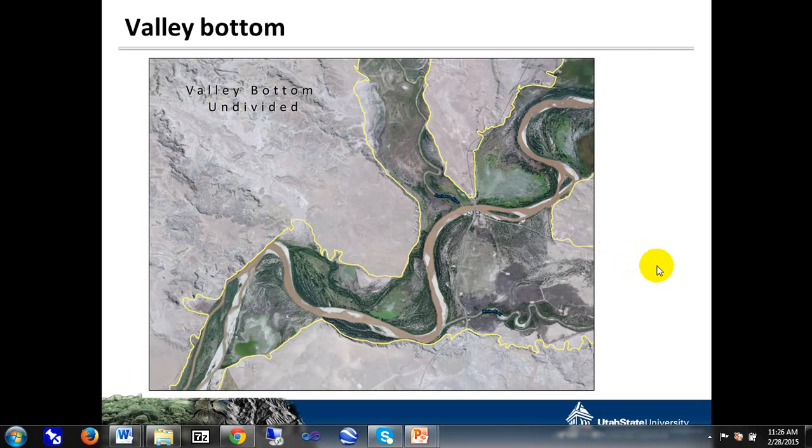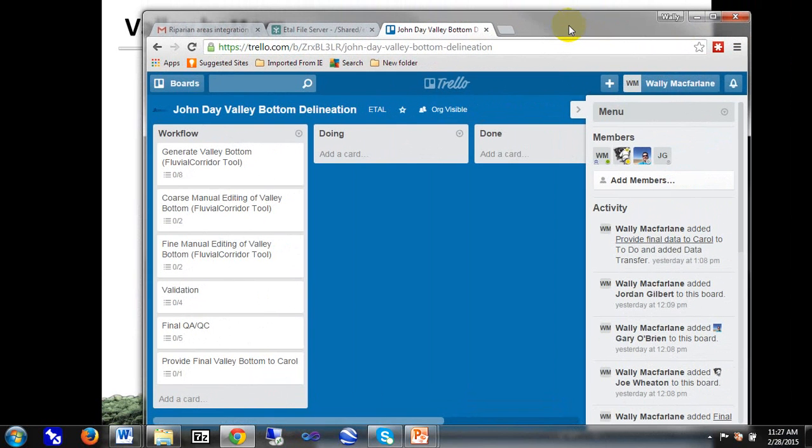These are areas that are physically connected or capable of being reconnected to the river channel. The width and configuration of the valley bottom determines the level of river confinement. Therefore, it's critically important that we derive accurate and comprehensive valley bottom delineations. In the context of the Columbia River Basin being so large, the task is quite daunting to delineate all these